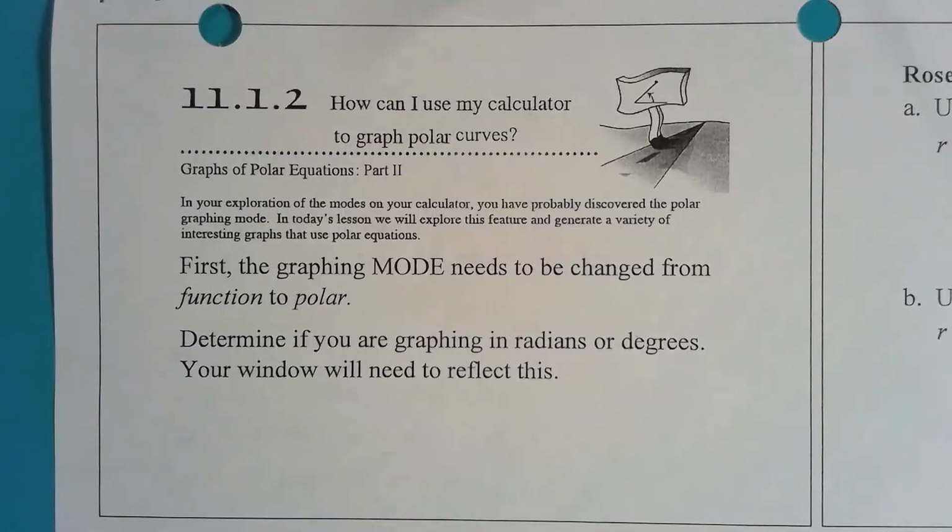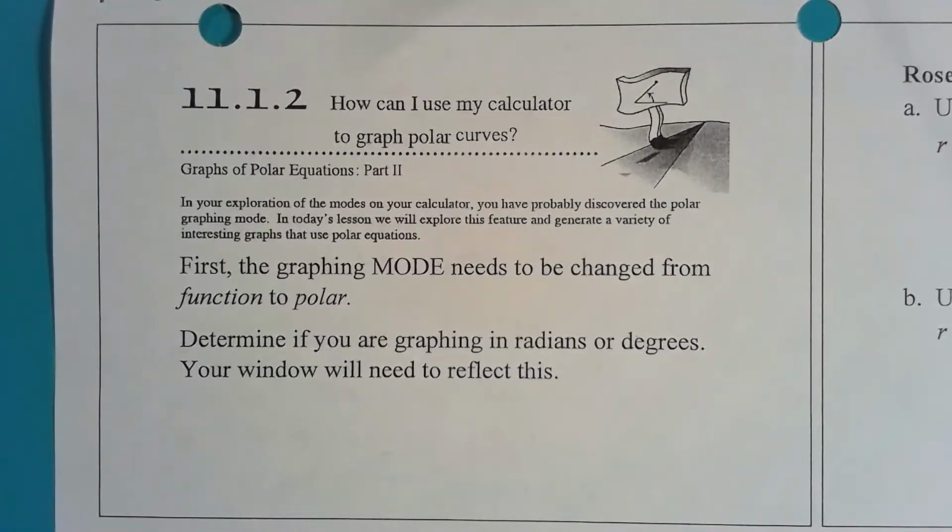So yesterday we learned how to graph polar curves by hand by tediously plotting a lot of points. Today we're going to just look at different shapes of polar curves. We're going to use our calculator to show us what they look like. We're just going to investigate a little bit. We're also going to talk a little bit about a transformation, an easy transformation, I guess we could say, to